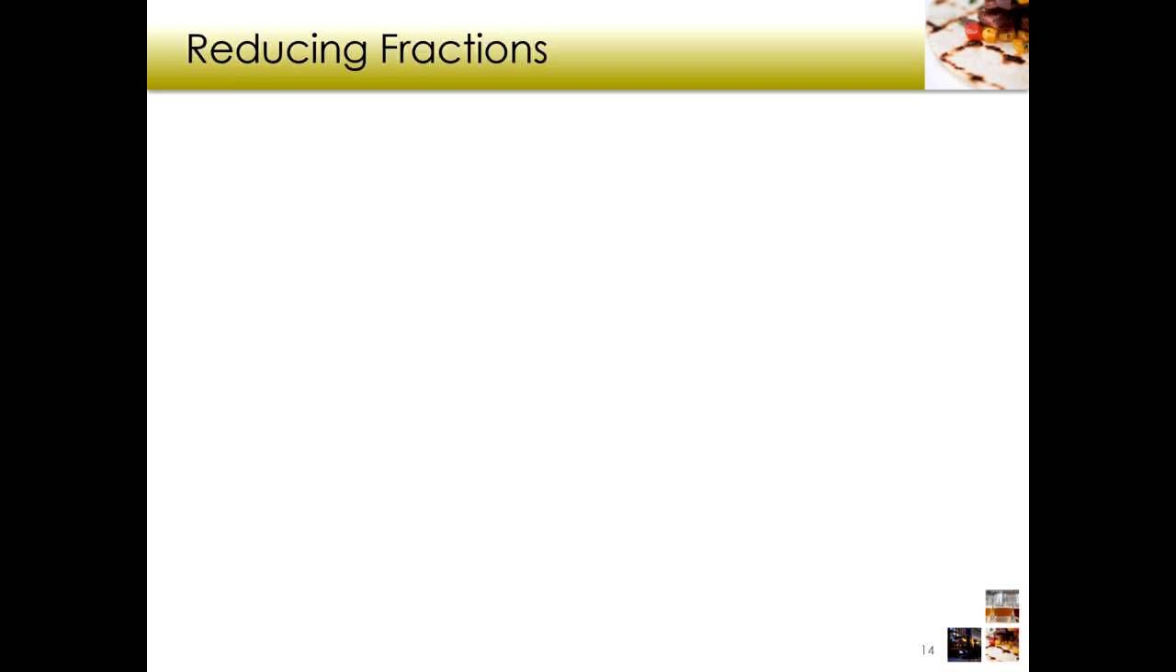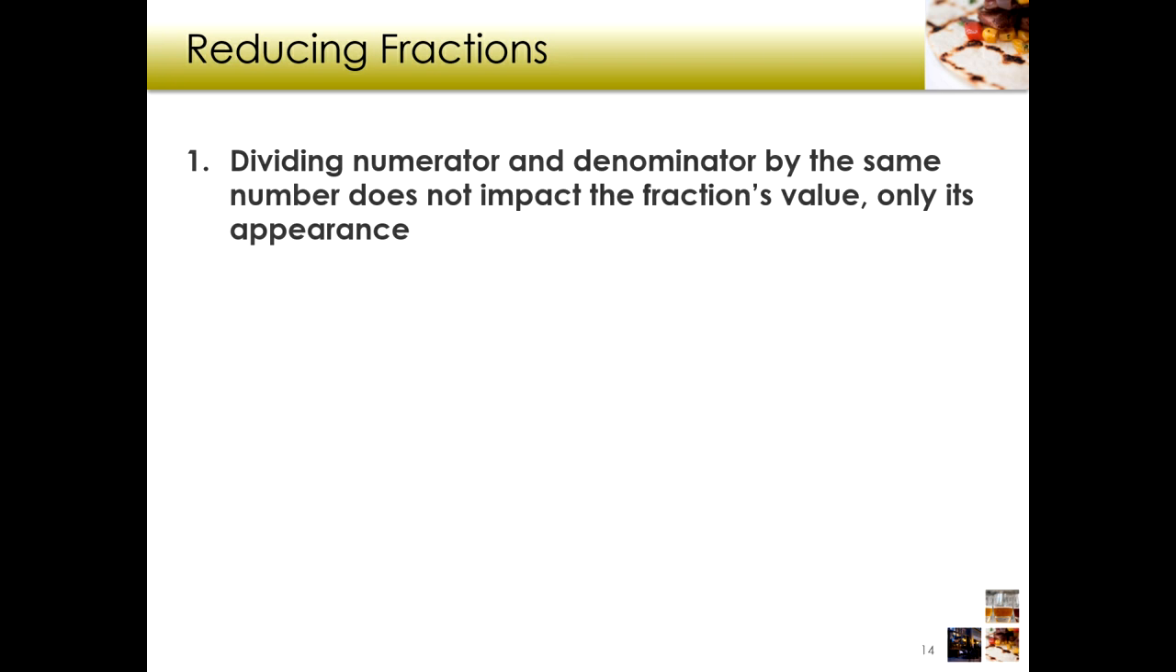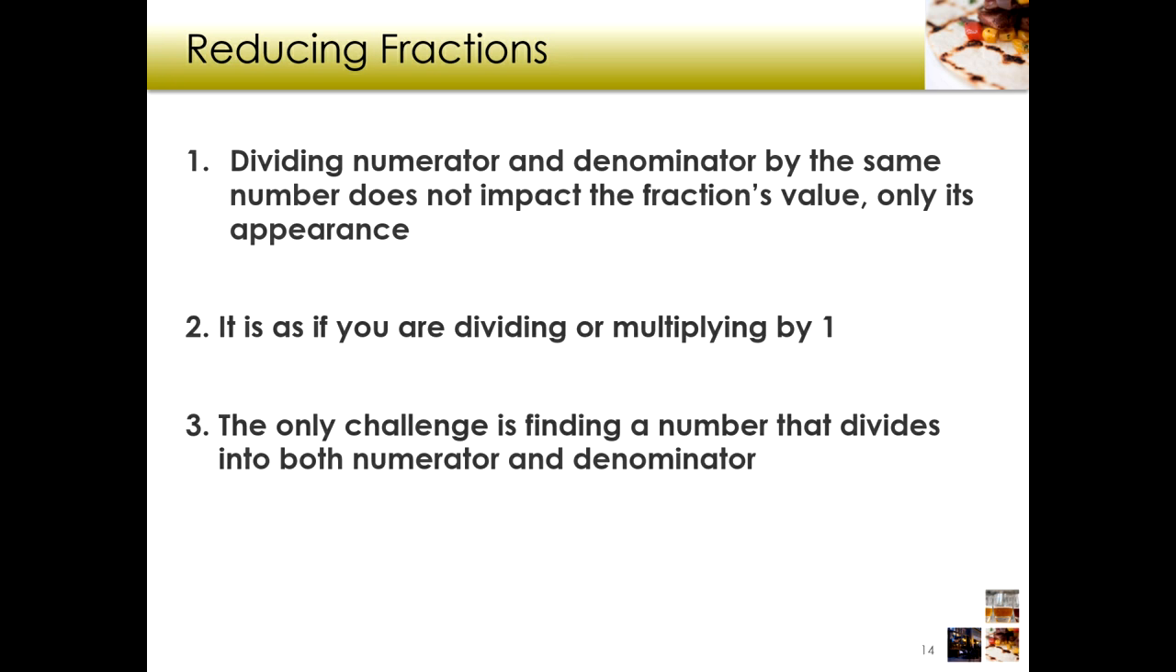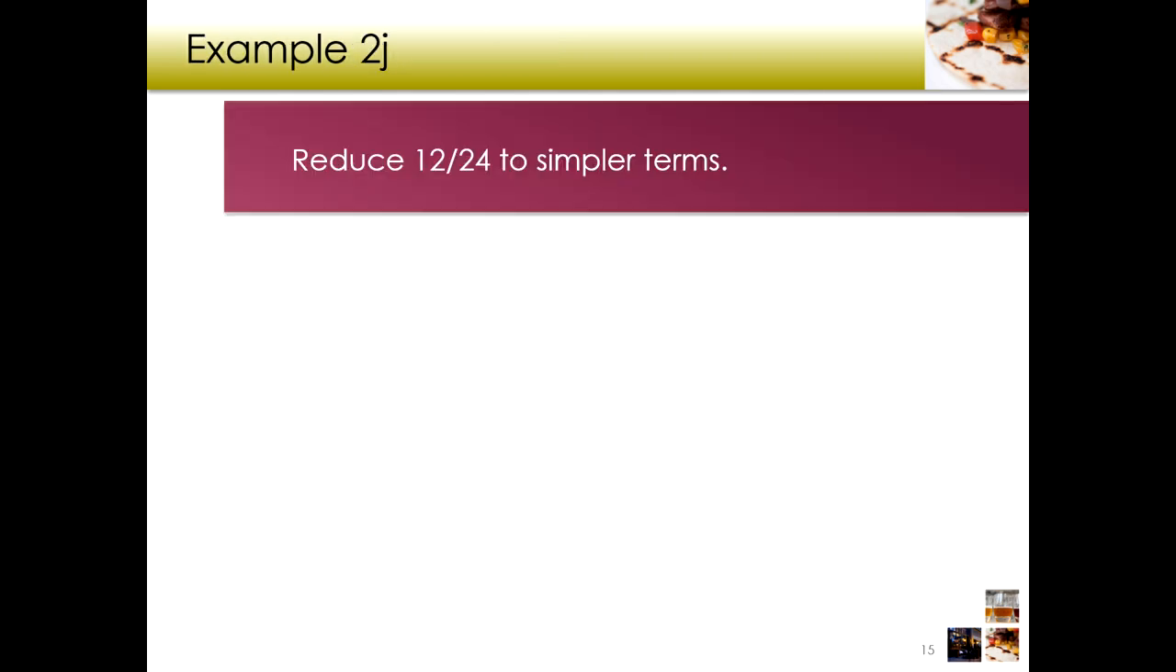So now, like I told you we were going to get to this, reducing fractions. So we find common denominators. So what is a common denominator? That's a number that's going to divide into both your numerator and your denominator evenly. So you get a whole number, right? So now the challenge is finding the number that divides correctly into each one. So that example we had